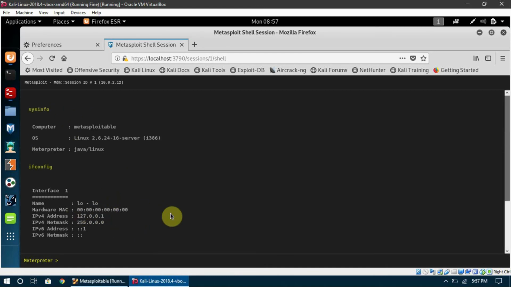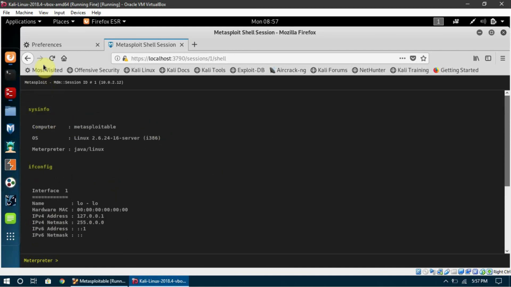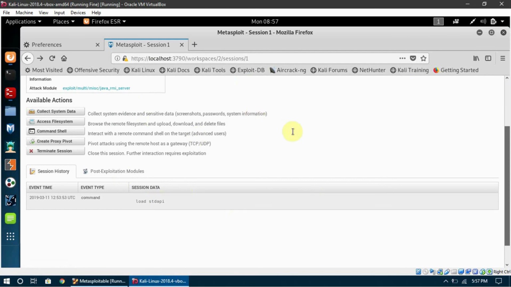The only difference is that this is even easier to use, and it has a very nice interface, just asking for the commands we type here. For example, let's say uname -a, and it says it is an unknown command because it is a command shell. So we can run commands here and perform things on the target.